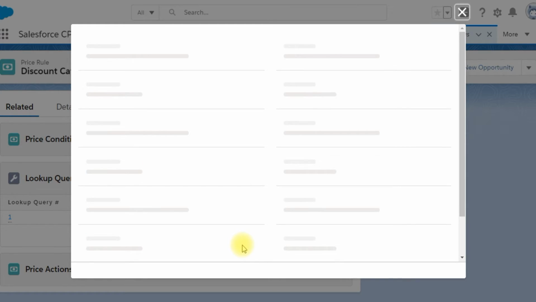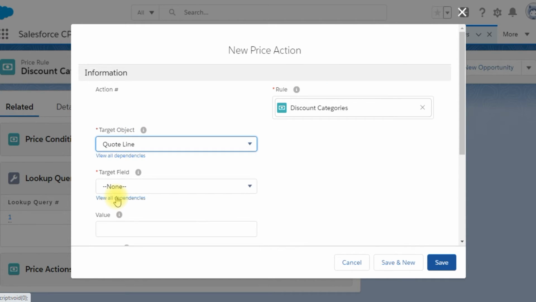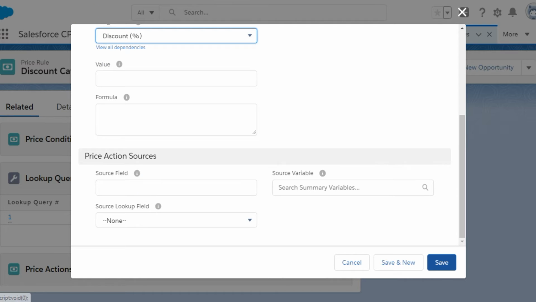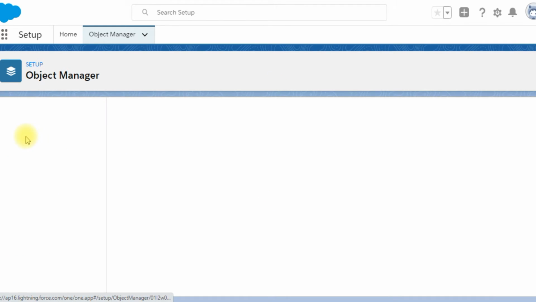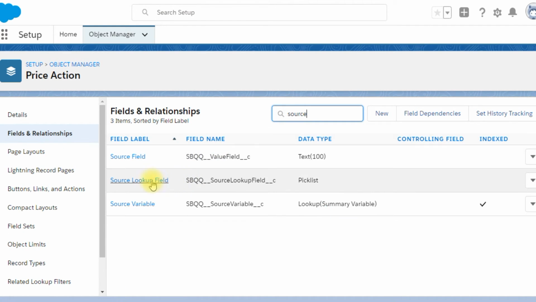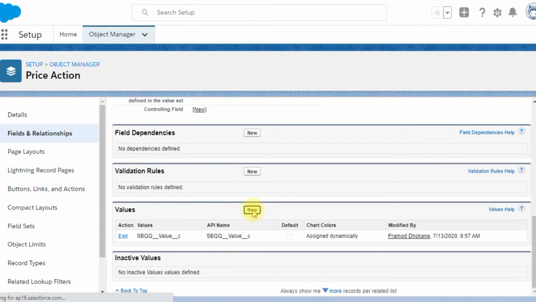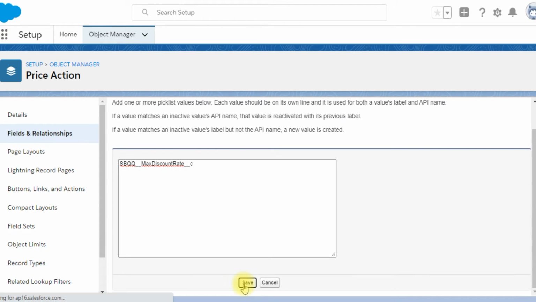Here again we need to set up those fields in the object manager. By default quote line and discount is there, but we need to set up the value for the source lookup field. So let's search for price action, source lookup field, and enter the max discount rate field here.